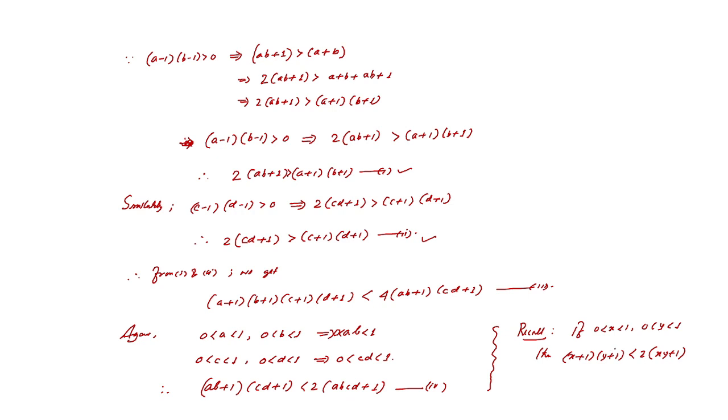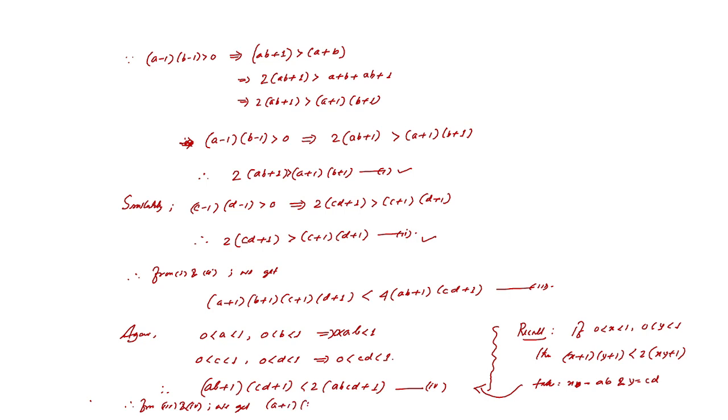That is happening for any positive real numbers, each of which is less than 1. So here you just take x equals AB and y equals CD, and you will get the result 4. So now from 3 and 4, what you will get? Therefore, from 3 and 4, we get